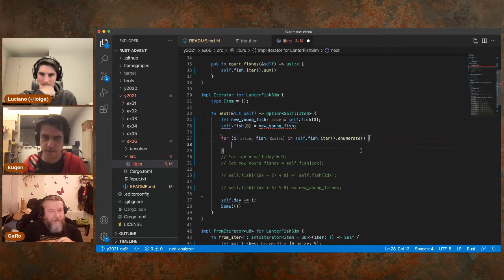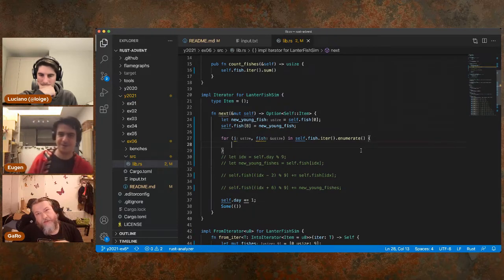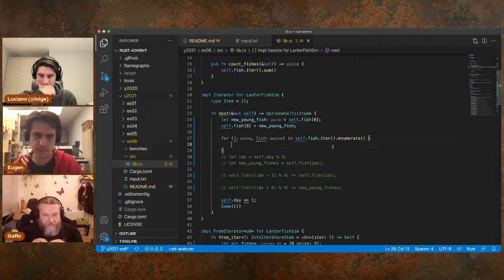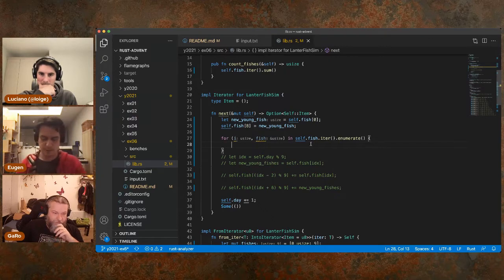Yep. But we don't need to keep the first one. We have to do that with one element less. But let's see if we can do this. We can't always do it. Okay, so